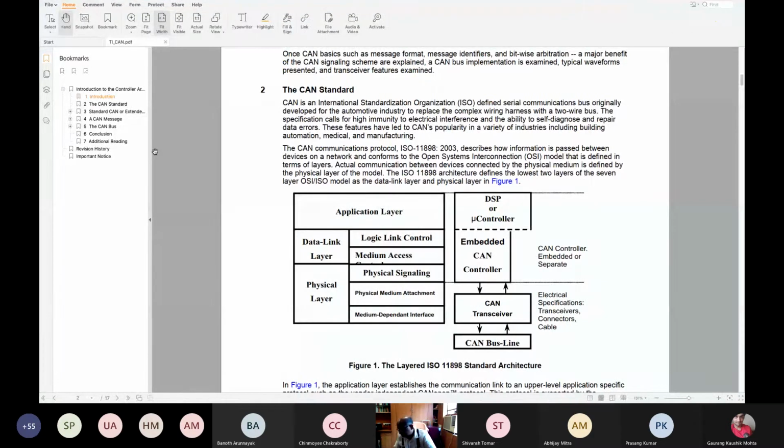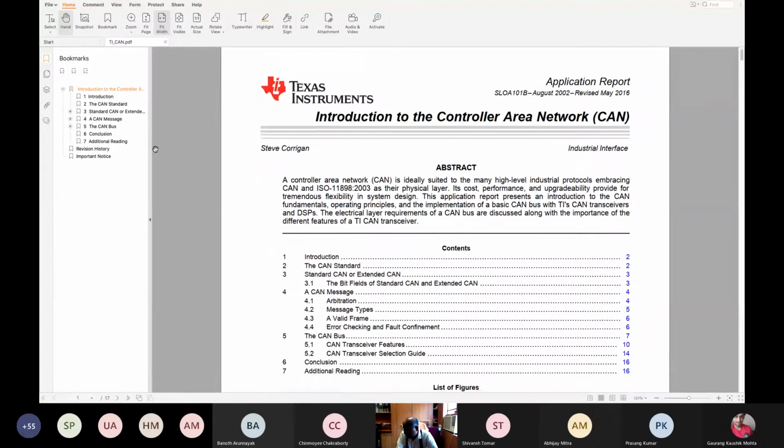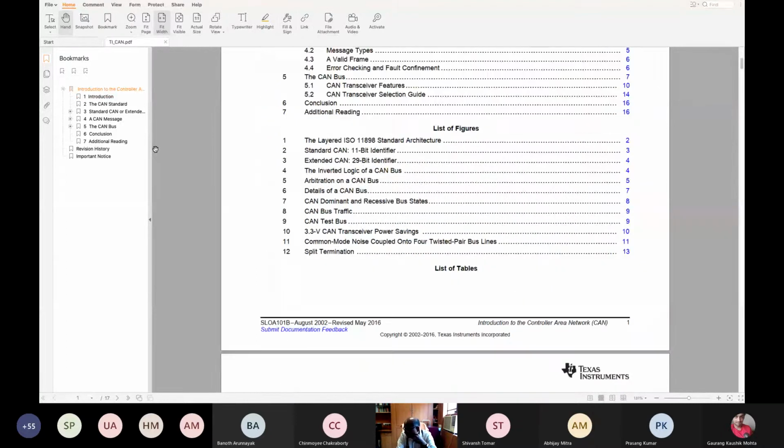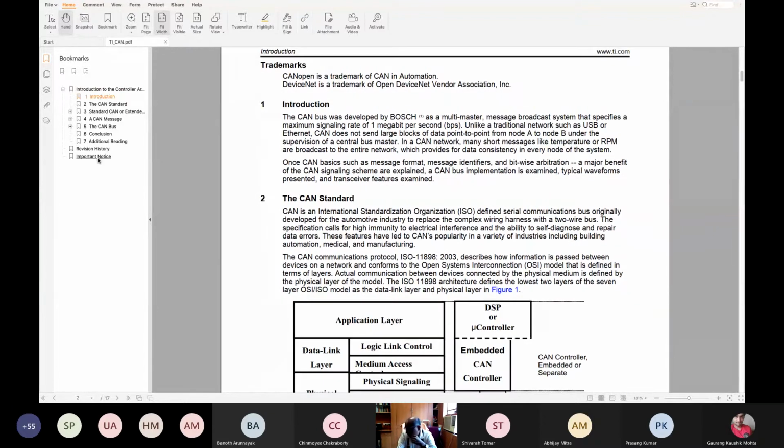Can you see this? I have taken this document directly from Texas Instruments, and I am going to teach from it. You can see it on the screen.